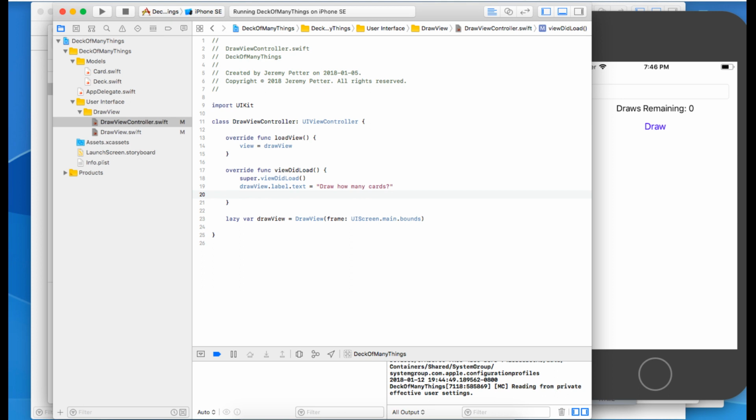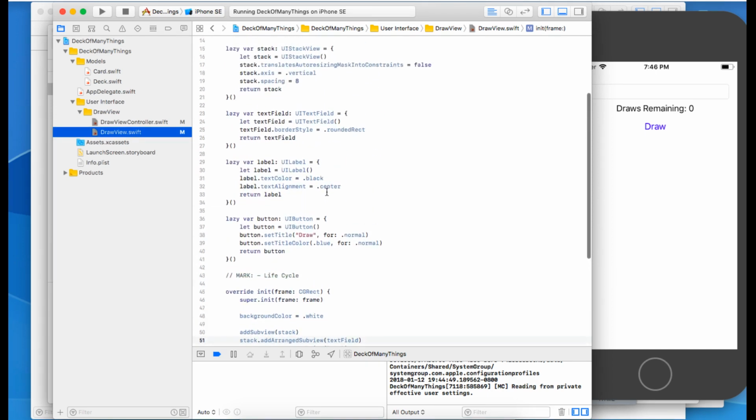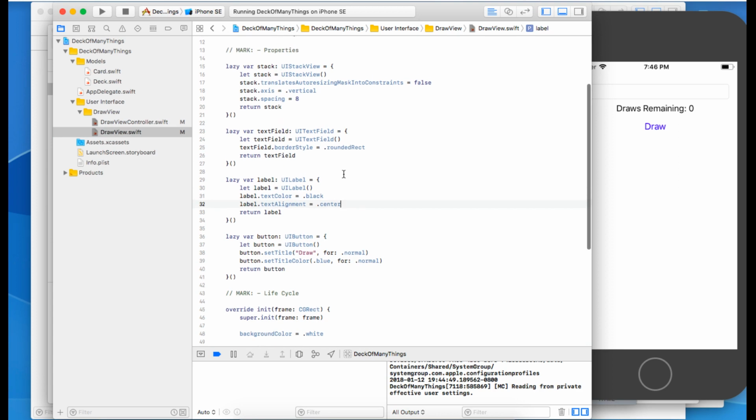Okay, so we're gonna say draw how many cards, and that is the first thing that we are going to do. I want to change this so that it only takes numbers. So we will say text field